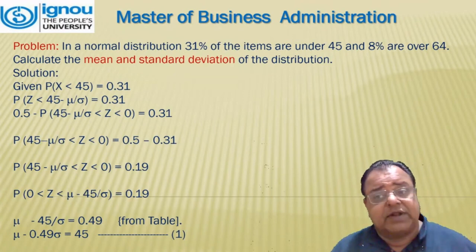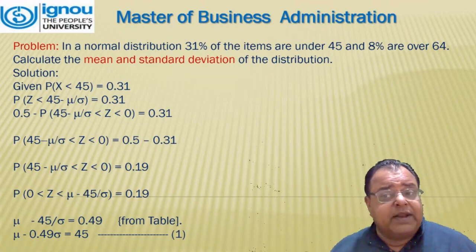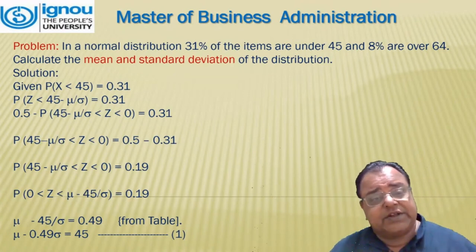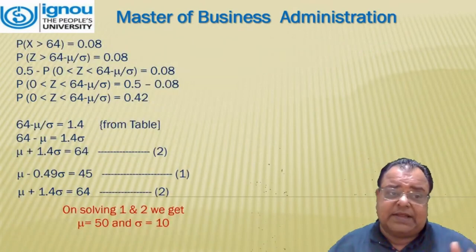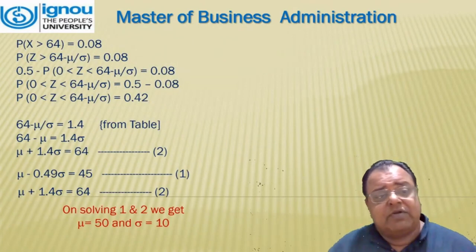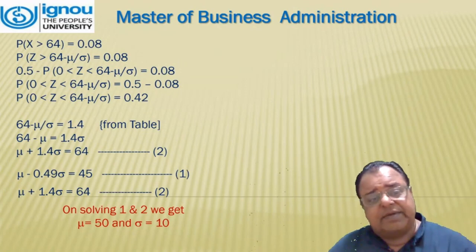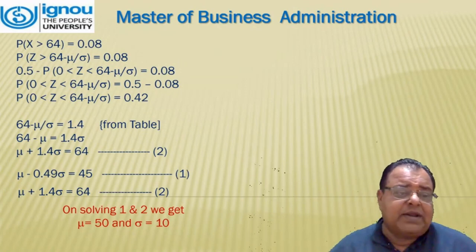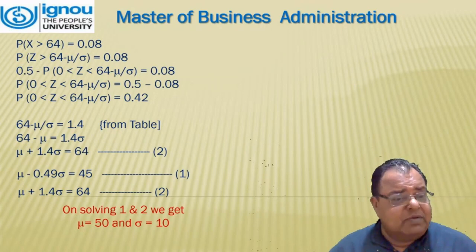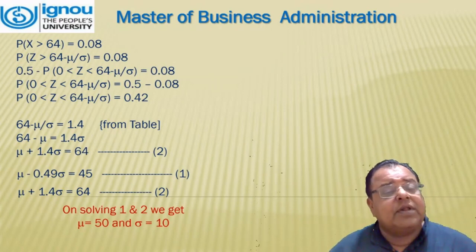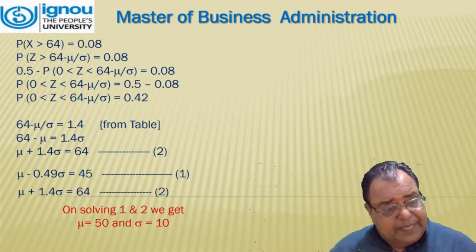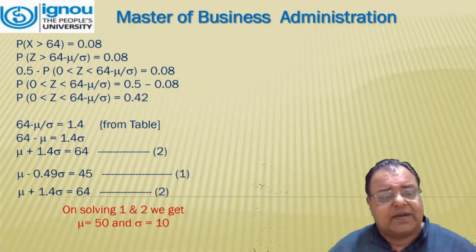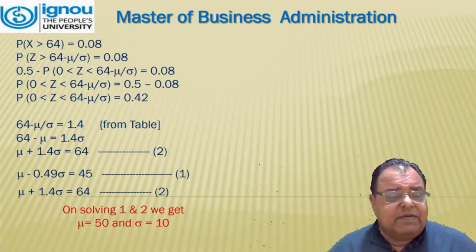Now we will be referring to the second condition, the probability of 8% are over 64. In that case, probability x greater than 64 is equal to 0.08. Similarly, by the same method, we will be evaluating (64 minus mu) upon sigma equal to 1.4. After transforming this, we will get two